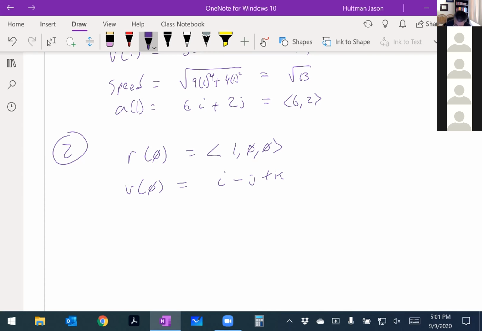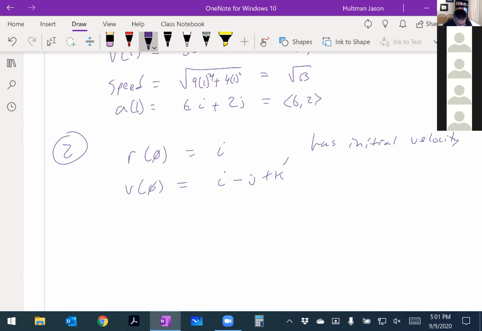Okay, this has initial velocity. So R naught has initial velocity. Let me write this as just i. Okay, R naught equals i. Okay, has initial velocity here,